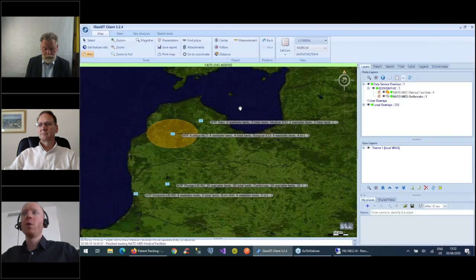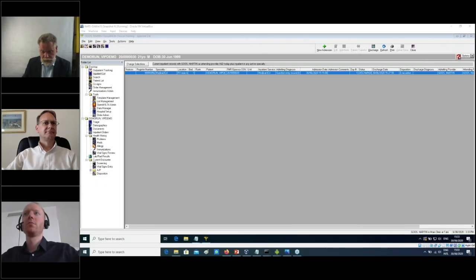Lastly, if we look at the COP, we can also see that the bed count for Talsi is back at 2 out of 2. And now over to Martin. Thank you very much, Daniel. So at the COP, we could see that the bed levels went back to 2 out of 2. So all beds are available again.